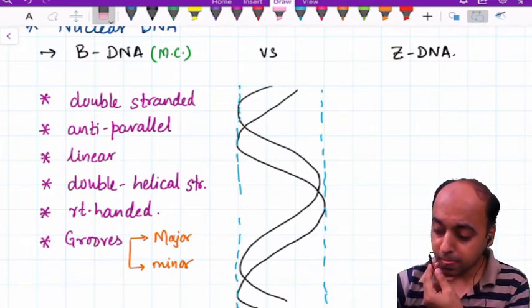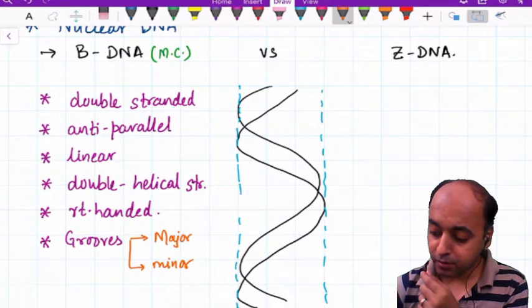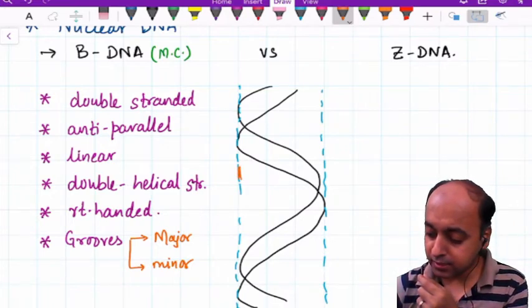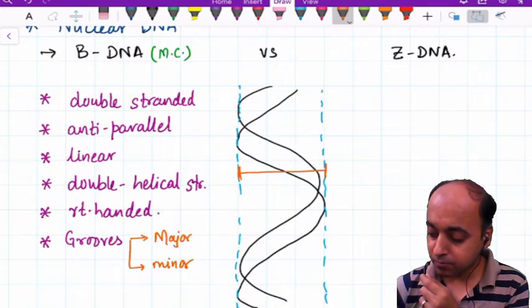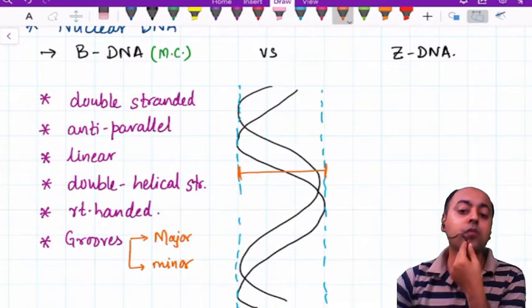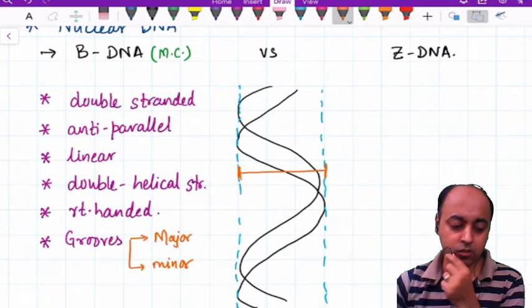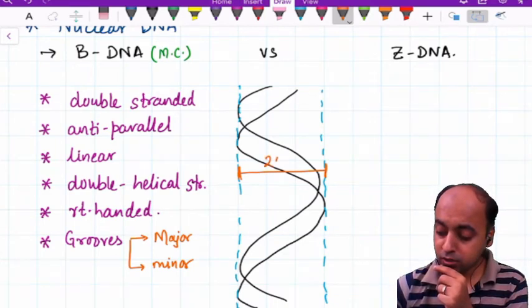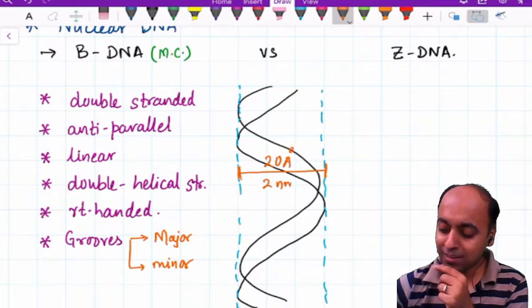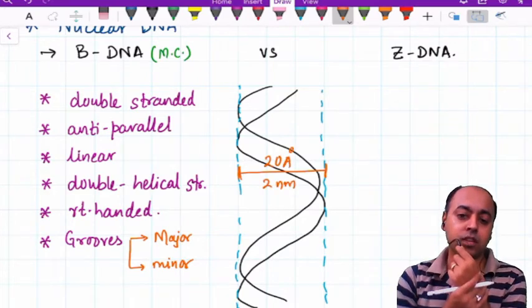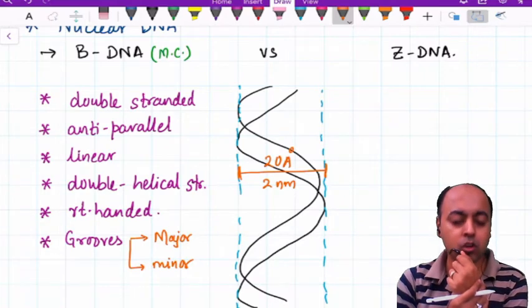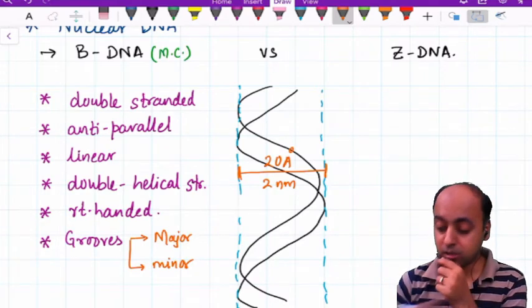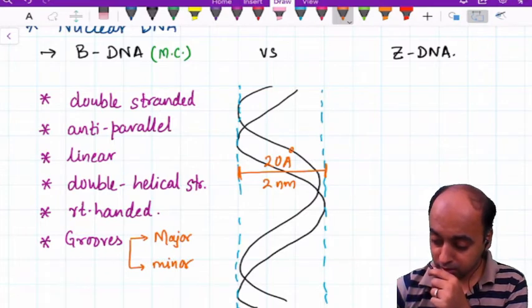Second, what is the width of the helix? This second point you should know. Width of the helix, which is 20 Angstrom or 2 nanometer. And the third thing is,